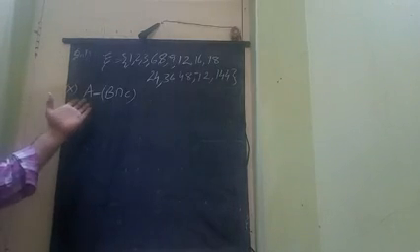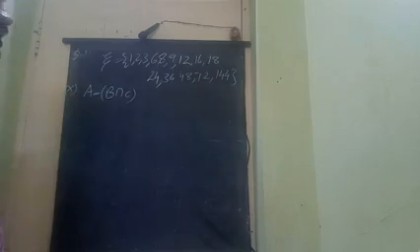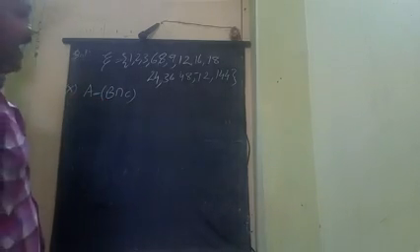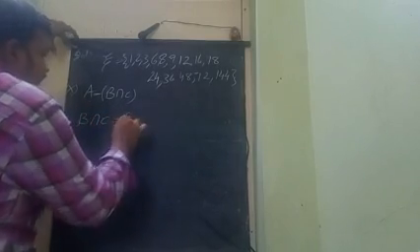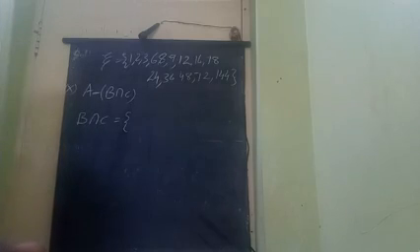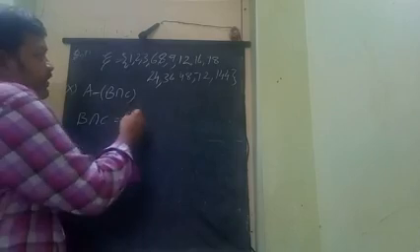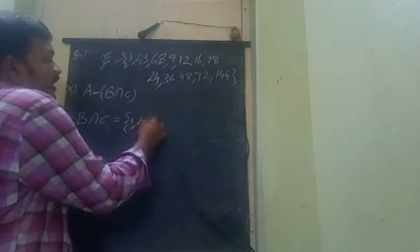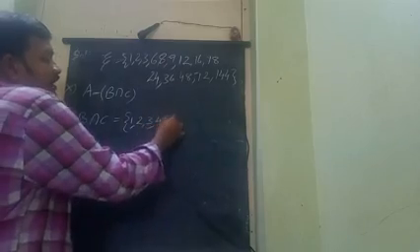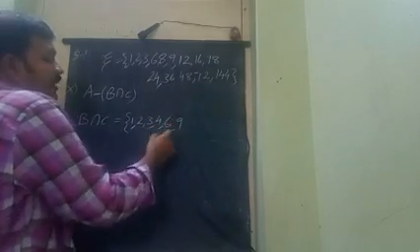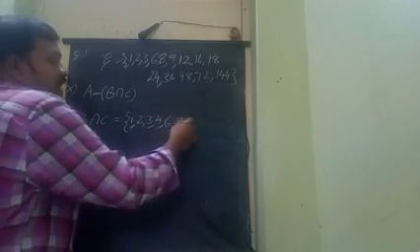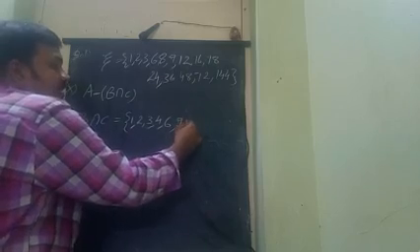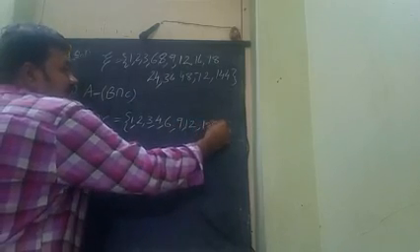So here is our last sum, the 10th sum: A minus B intersection C. Here the bracket value we have to find first, B intersection C. What are the elements of B? The elements of B are factors of 36. 36 comes in which table? 1 table, 2 table, 3 table, 4 table, 6 table, 9 table. Next one is 36. In which table is 36? 3 table, 12 3s are 36, 18 2s are 36.